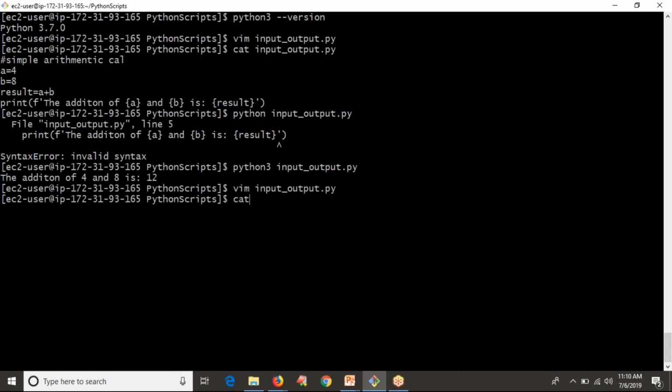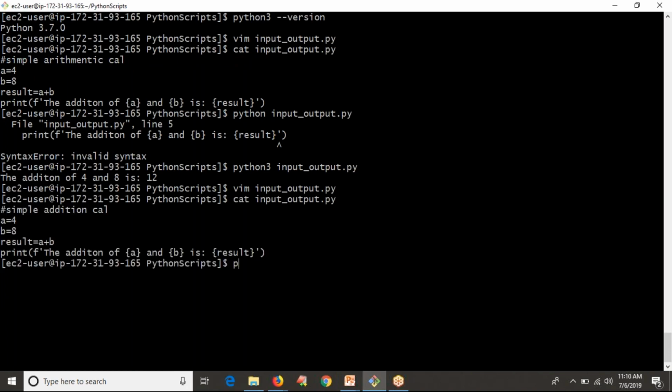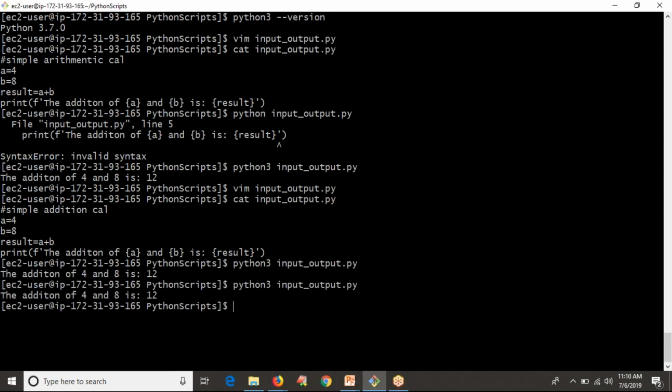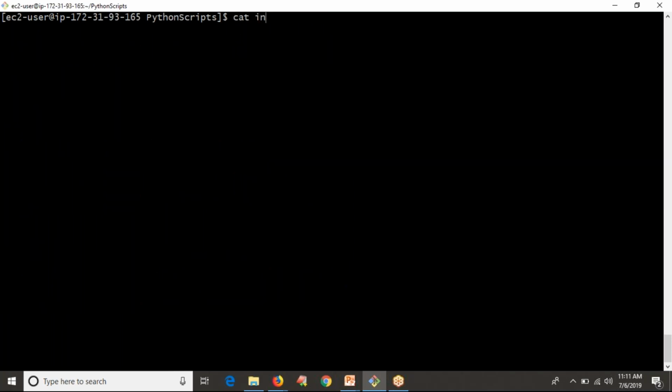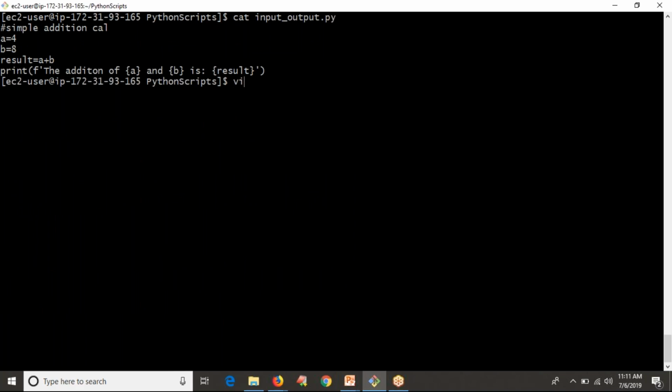So whatever script you have as of now, if you run that any number of times, your output would always be 12 for 4 and 8, right? But my requirement is, if it is an addition calculator, while running, our script has to ask enter your a number, enter your b number, and then it has to give the result. Each time it has to ask, each time it has to take two numbers, then it has to find the result. But as of now we are fixing our values a and b inside your script, but I don't want to do that.